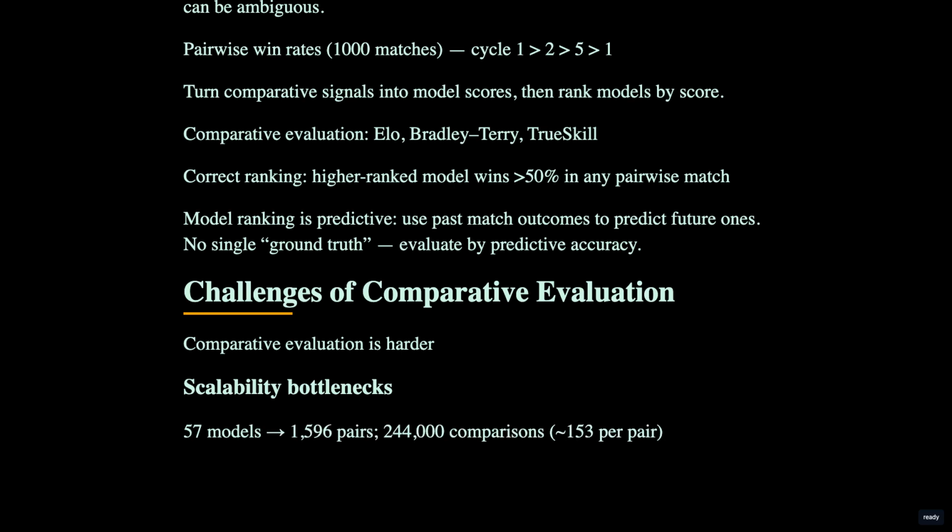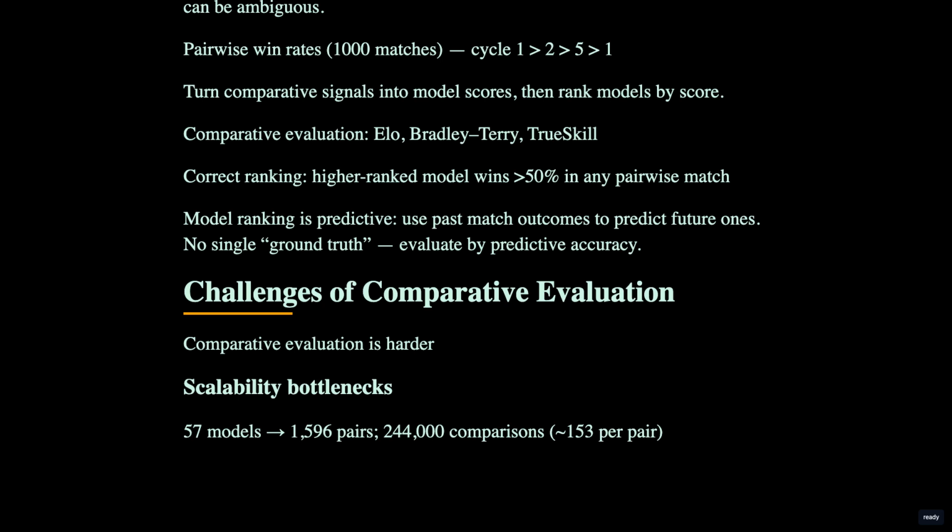Comparative evaluation is data-intensive because the number of model pairs grows roughly with the square of the number of models. In January 2024, LLM-as-a-Judge ran 244,000 pairwise comparisons across 57 models, but that works out to only about 153 comparisons for each model pair. That is a small sample given the many tasks and behaviors we want to evaluate in